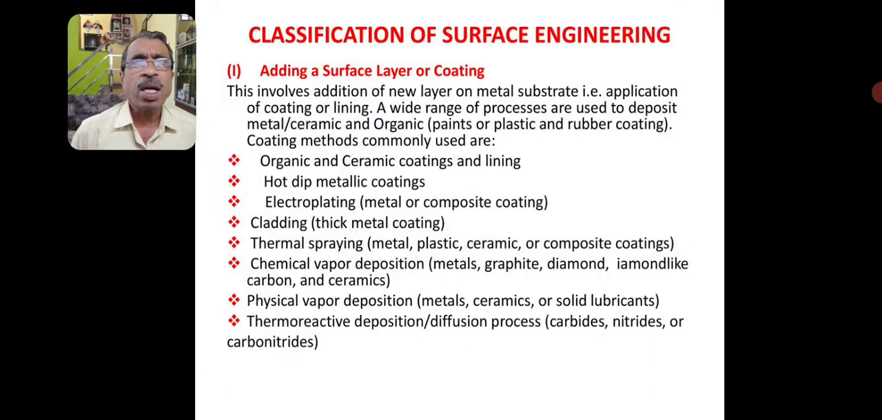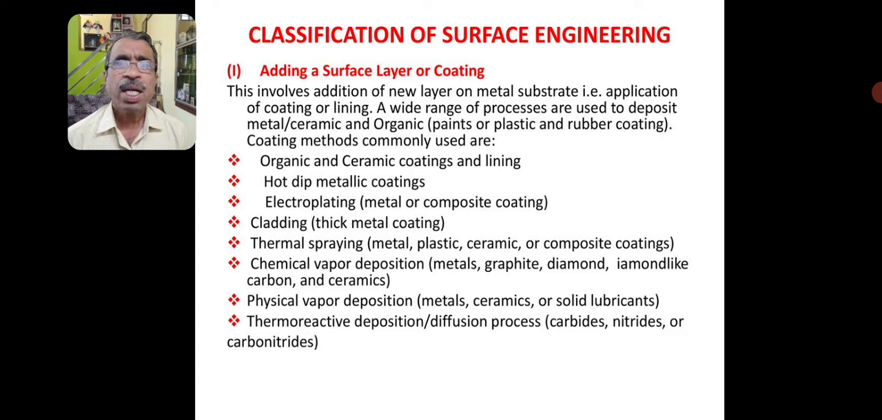This slide shows the classification of surface coatings. This involves addition of a new layer on a metal substrate, that is, application of a coating or lining. A wide range of processes are used to deposit metal, ceramic, and organic coatings. Methods commonly used are organic and ceramic coatings and lining, hot dip metallic coatings, electroplating, that is metal or